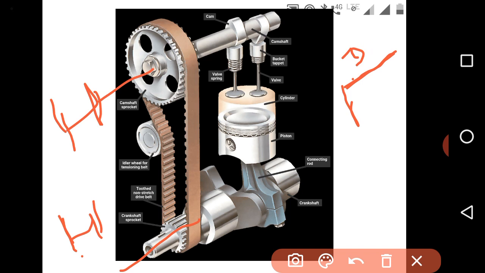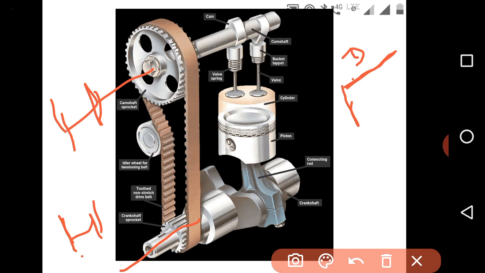For recovering these disadvantages, we apply the variable valve timing diagram. Previously we discussed the fixed valve timing diagram. Now we apply variable valve timing so that we can remove this disadvantage, reduce the time at the lower speed, and increase the time of opening of the inlet valve at the higher speed,